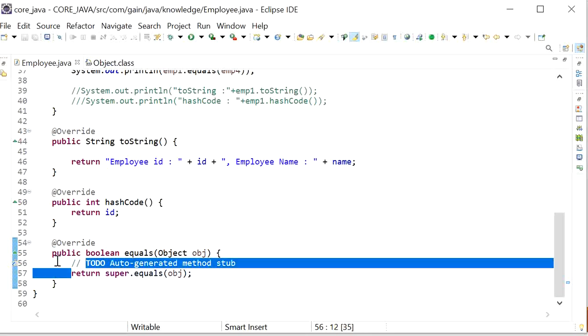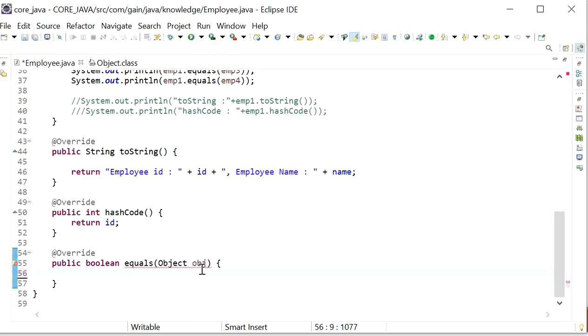So what I will do here, first I will use the Employee object reference, Employee emp, equal to, and here I will use the object, and here we need to typecast it. So here I will copy it, and here we have created the Employee object from this object, and here I will check the comparison.